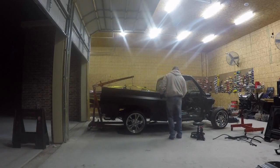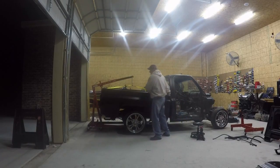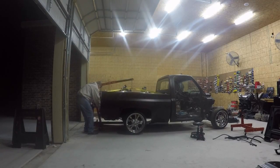The craftsmanship on that is terrible, as you can see here by the different welds, the different pieces that are just kind of lingering around and whatnot. All of this has got to go. It's just not quality work in my opinion. Plus it's all rusty, so it needs to be sandblasted and whatnot. But instead of sandblasting it and doing that kind of stuff,